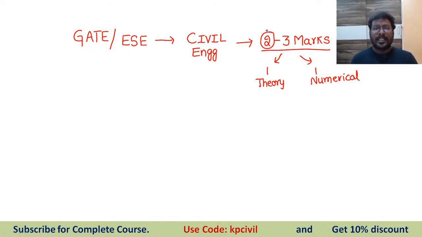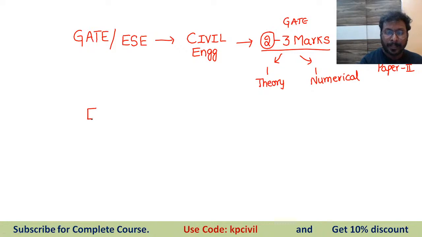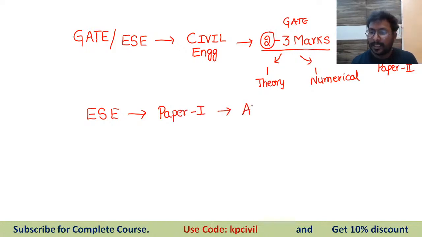If you observe the recent trend of GATE and ESE previous papers, in terms of marks you will have 1-2 marks questions. In ESE technical paper 2 for civil engineering, you have 2 questions. And in ESE paper 1, the general studies paper, which is common for all branch students,